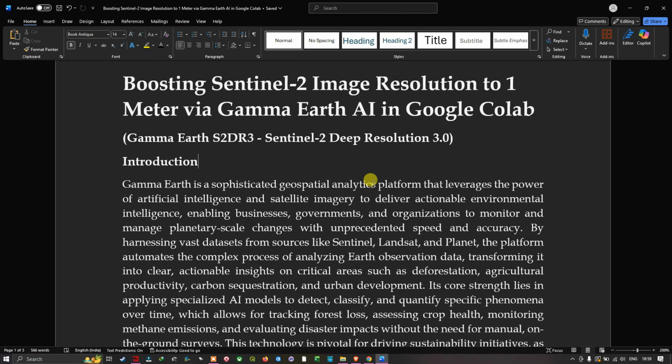By harnessing vast datasets from sources like Sentinel, Landsat, Planet, the platform automates the complex process of analyzing Earth observation data and transforming it into clear, actionable insight on critical areas such as deforestation, agricultural productivity, carbon sequestration, and urban developments. So, its core strength lies in applying specialized AI models to detect, classify, and quantify